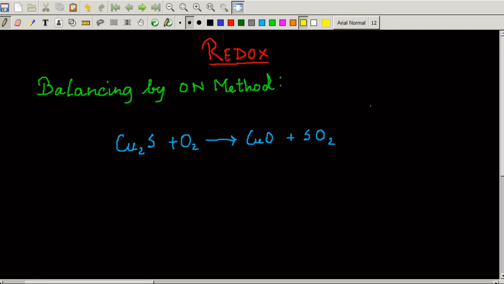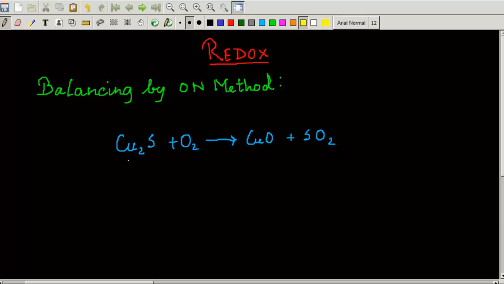Today I am going to show you a special type of reaction and how to balance this type of reaction by oxidation number method. All the rules are almost the same, only the difference is at a particular point. I hope you all know the normal rules of oxidation number method. If not, you can check it in my channel. I have discussed it in my earlier videos and the links are shared as comment and also in the description